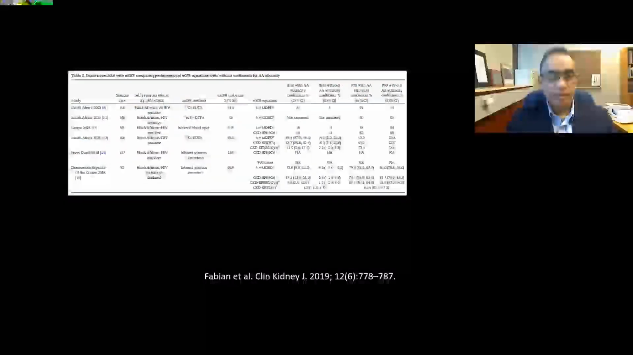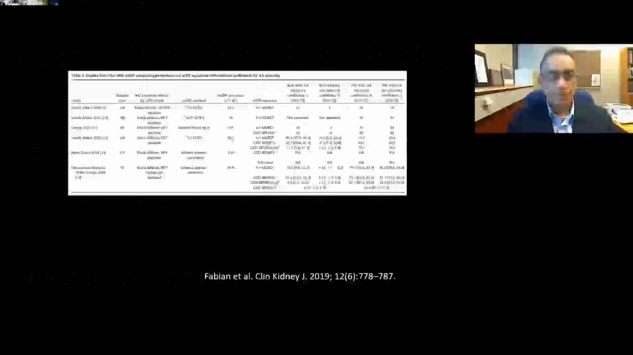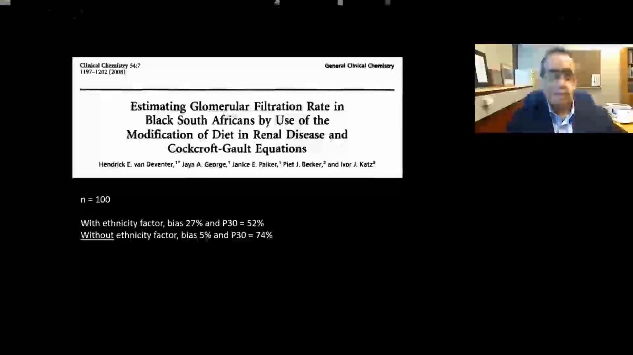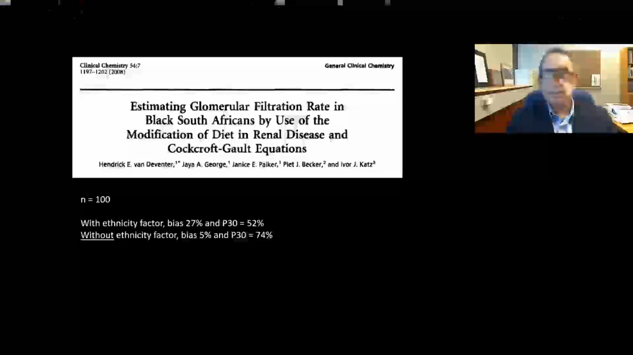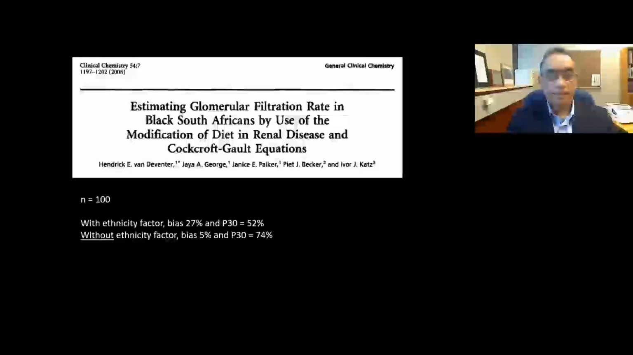Here you see a table from the paper by Fabian and colleagues comparing some of the African studies which have looked at the performance of eGFR equations and comparing it with measured GFR. I'll run through a few of these. In 2008, I'll start with South African studies. In 2008, Van Deventer and colleagues looked at 100 Black South Africans and found a reasonably good performance of the